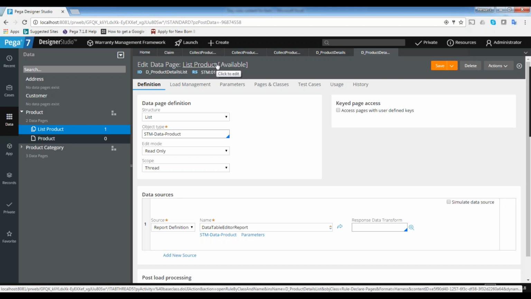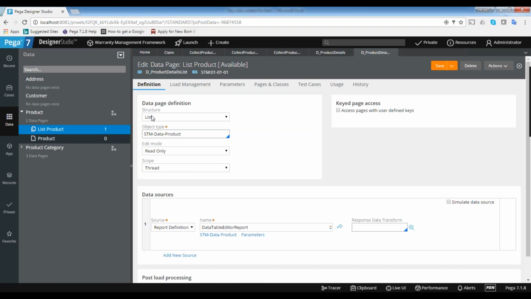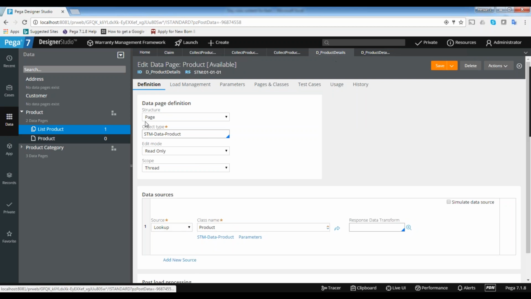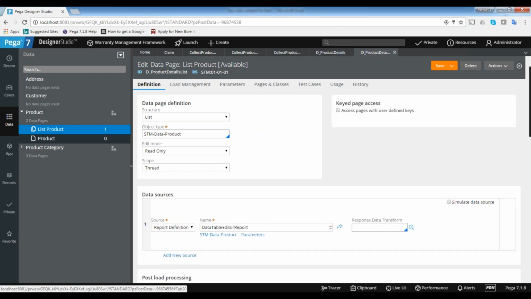In that case, you need to open the data page definition and look at the structure. The structure differentiates between the lookup and list data page. For a lookup data page, the structure will be page. For the list data page, the structure will be list.